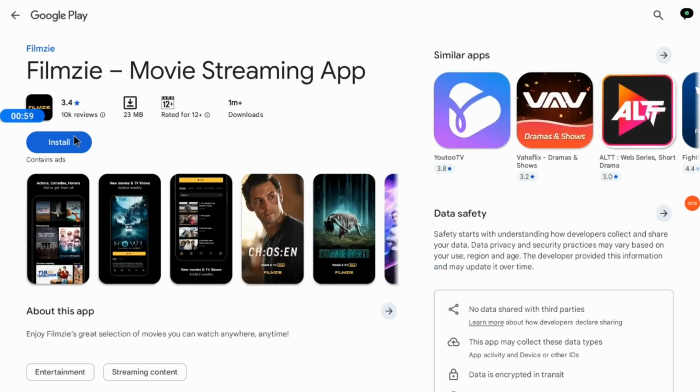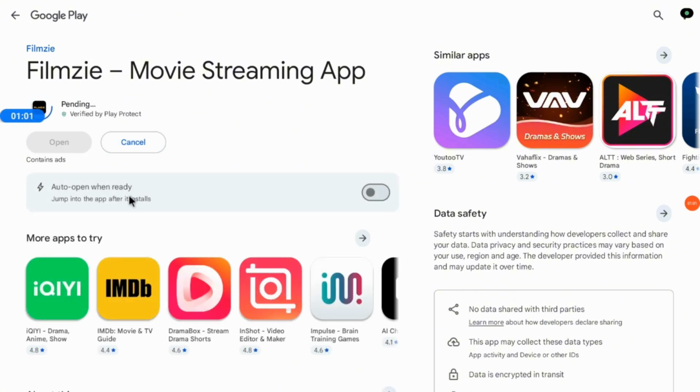Now click on the install button. This app will be installed to my Android TV. I just need to give it a couple of seconds. It's going to install, and when the download is complete, the installation process into my Android TV is going to be automatic. So after a couple of seconds, you install and I can access the app from my app library,